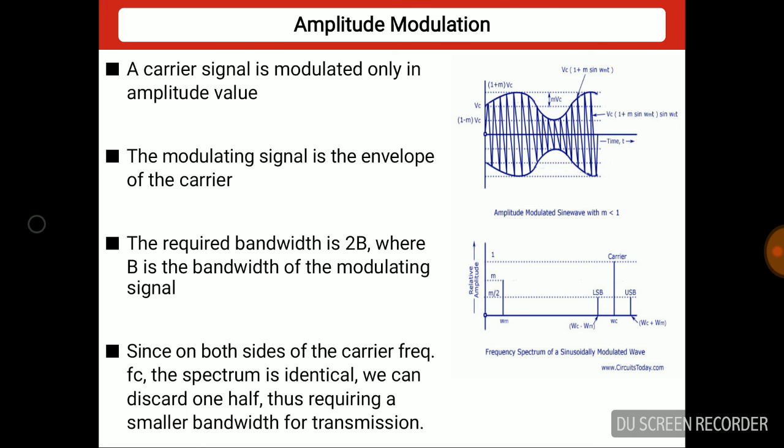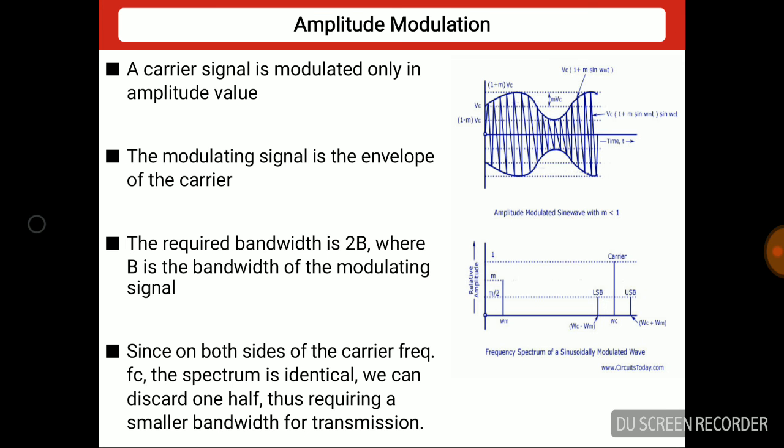Now we discuss amplitude modulation. The carrier signal is modulated only in amplitude. The modulating signal is the envelope of the carrier, as seen here. The required bandwidth is 2V, where V is the bandwidth of the modulating signal. Since on both sides of the carrier frequency Fc the spectrum is identical,